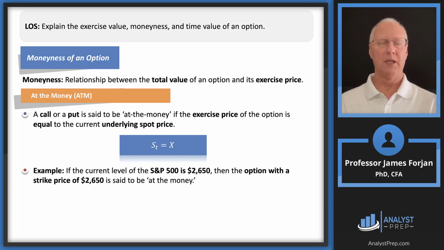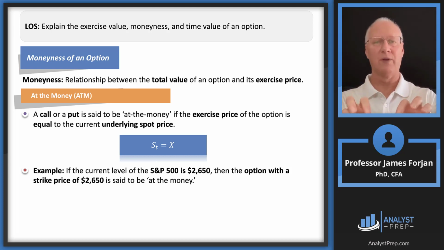And so, this is what happens when financial institutions write options. What they do is they look at the stock price. Let's just suppose it's 100. And so they'll say, you know what, we're going to write 10 options on this share of stock. Let's just start with an exercise price of 100. So they start with an at-the-money option,